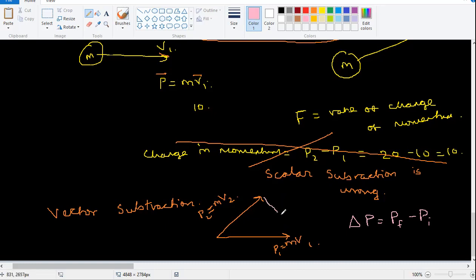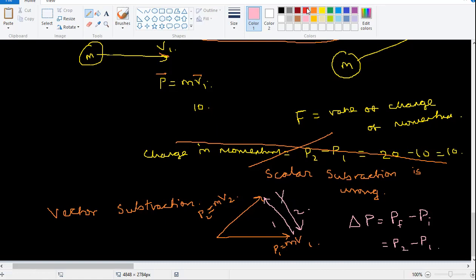So here, difference means final minus initial. So that means the arrow will be going this way or this way. First one or the second one, which one is correct? So nobody has studied the previous chapter properly. Second one, which one is the final here? What did I say? Final minus initial. So it's starting from here and it's going here. So this is your final minus initial. So if I want P2 minus P1, I should be taking the first one, not the second one.